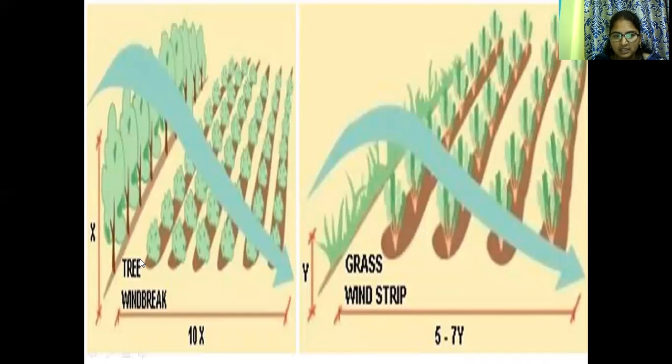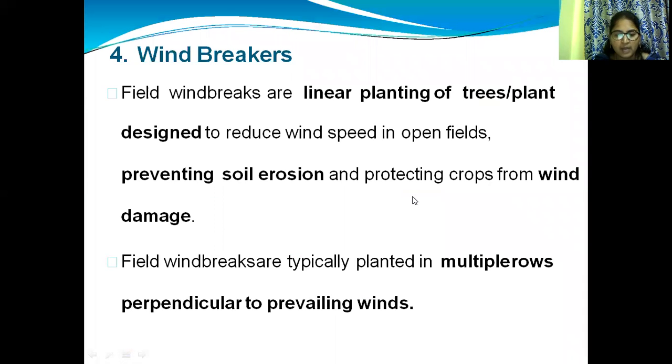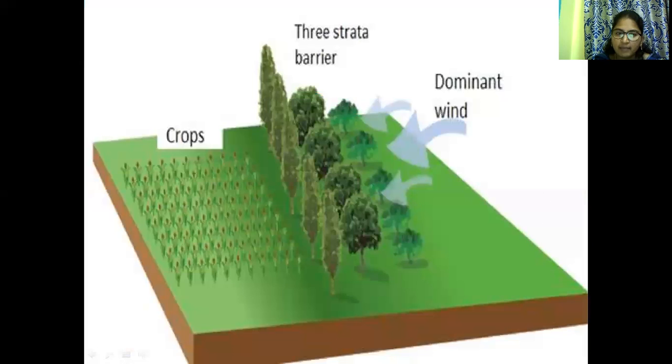These are tree windbreakers, and this is the grass wind strip, which protects the crop from wind damage.